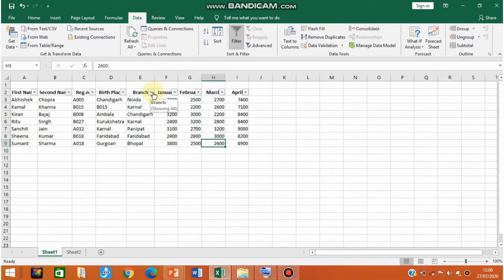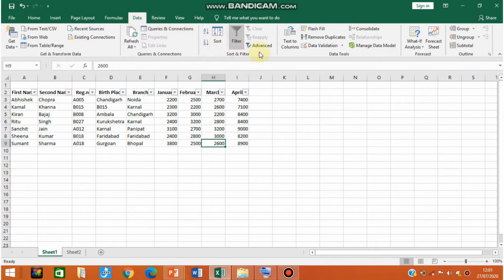Suppose you have applied the autofilter to your data and you have to remove it. How do you know that you have applied autofilter? You will see a drop-down control next to each column heading. If you want to remove that, move to the Data tab and click on it.